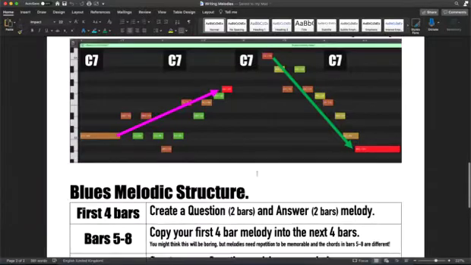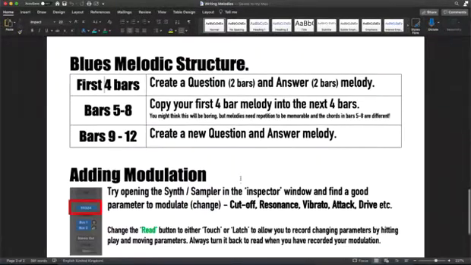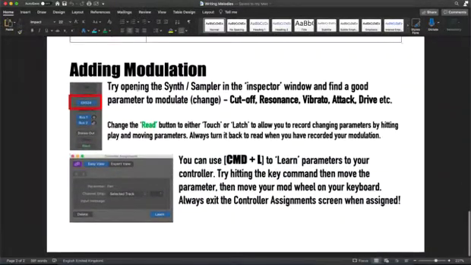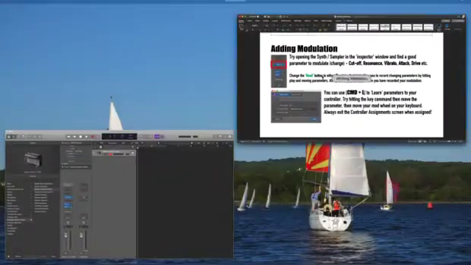And that's how it should be used, the blues scale. Sorted. And then one thing we'd like you to try, if you've got time, is adding modulation. So what I can do is,